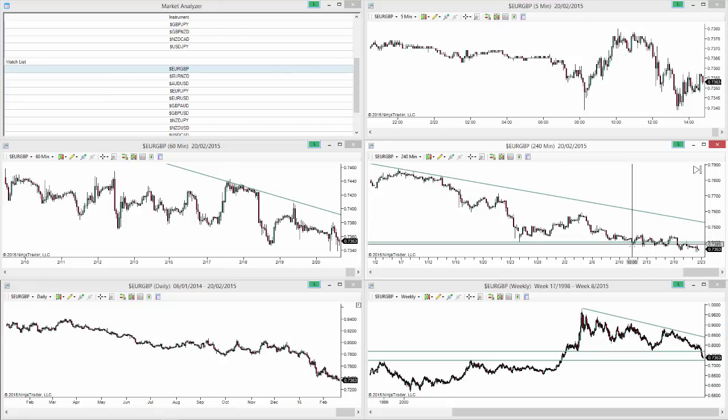So the market broke initially. It showed us that it wanted to go lower. And then we waited for the pullback for the market to prove that it wanted to hold below that level. And that's ultimately what we got on this candle over here. Okay, so the market then broke through there. We had our stop above the highs over here at 0.7604, and we are targeting the lows down here at